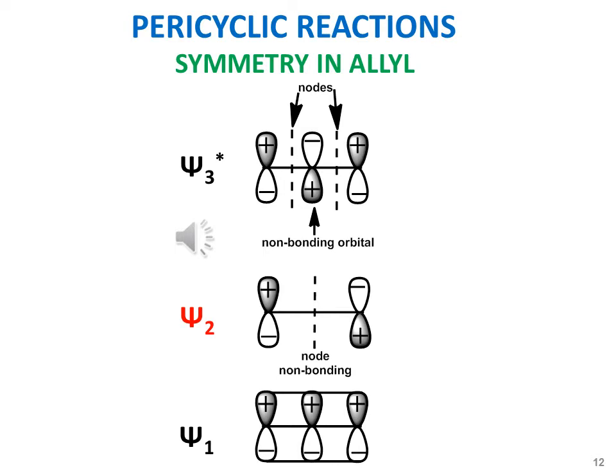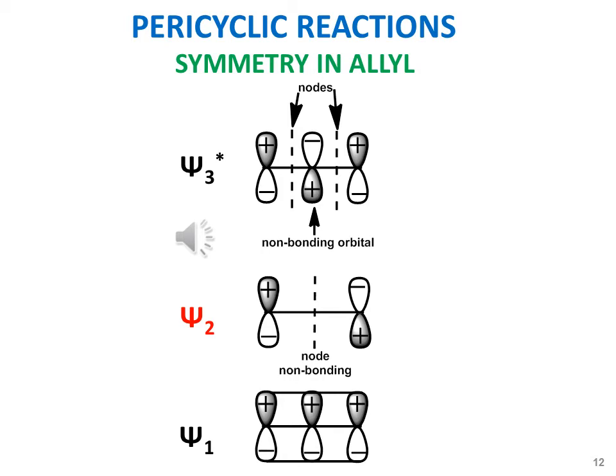So on this slide I have shown the overlapping of the p orbitals of the allylic carbocation. In psi1, numbering from left to right, atomic orbital number 1 and atomic orbital number 2 are overlapping in such a way that the signs of their lobes are in front of each other. That is, the positive lobes are on the upper side and the negative lobes are on the lower side. So there is an effective overlap because the signs of the overlapping p orbitals are the same, whereas the middle one is a non-bonding atomic orbital that is not participating in the overlapping. Here you may ignore the third atomic orbital. So in this way